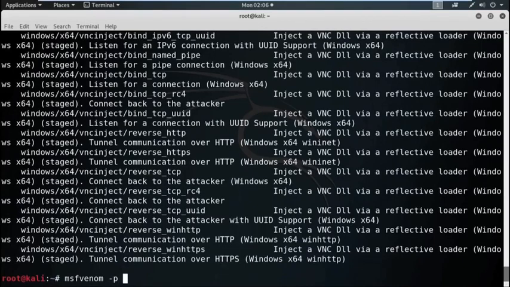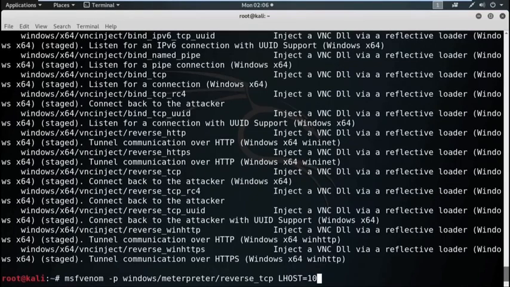The payload name is windows/meterpreter/reverse_tcp. Now, we need to set LHOST.